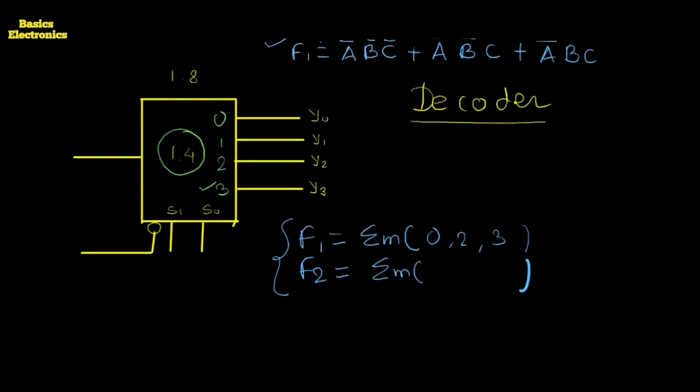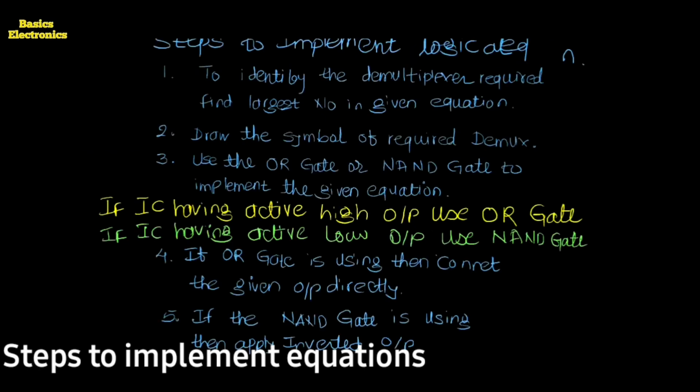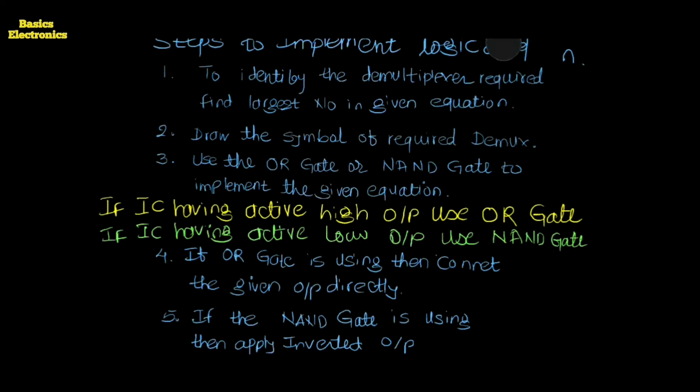But if the equation is in the sum of product form, that is we call SOP, sum of product form, then here we have to do the different step. We have to add some steps in this solution. Okay, so here we see these steps in detail, and then we will see some examples. Okay, so here are some steps which are to solve the logic equation.